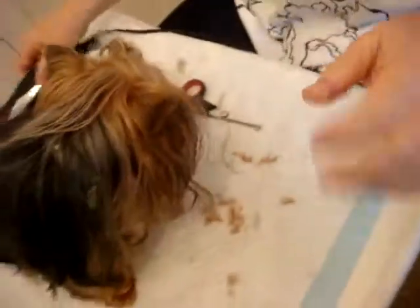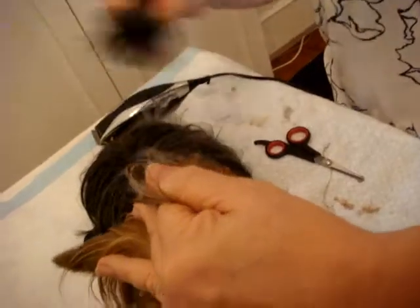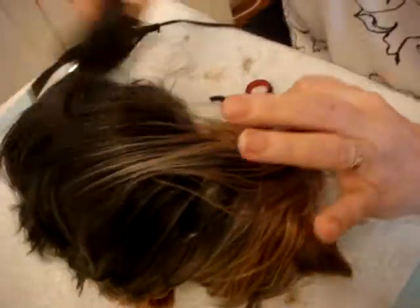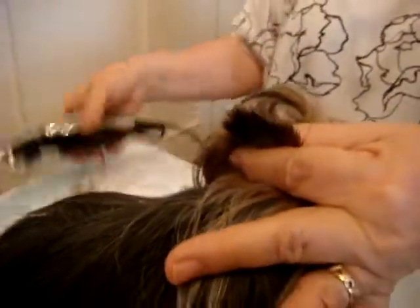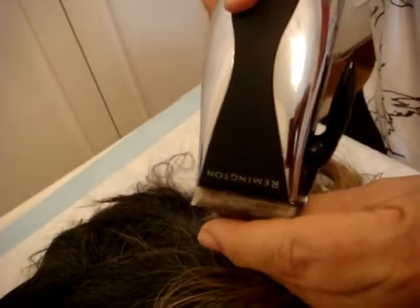Okay. There, that's that. Now, I'm going to just show you how to do one ear. This was so easy and so amazing. So they just say take about a third of the ear. So I brush all the long hair away. And I just take his ear like that. Okay? And you hold 2 fingers behind. Hold still, baby. And then I just